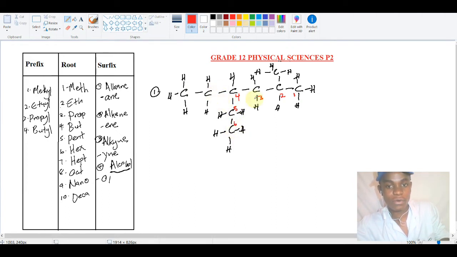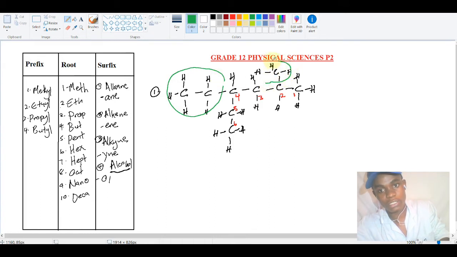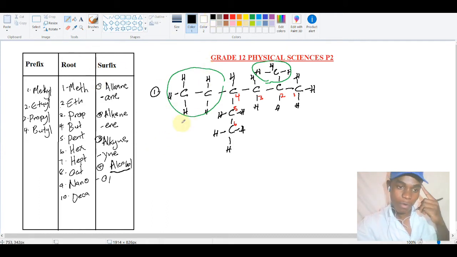So that means if you go this direction, the other one will be our branch. So this part here is our branch, and then we've got another branch here. So we have got 2 branches. So now we need to go to the naming, right? If it's 6, that means